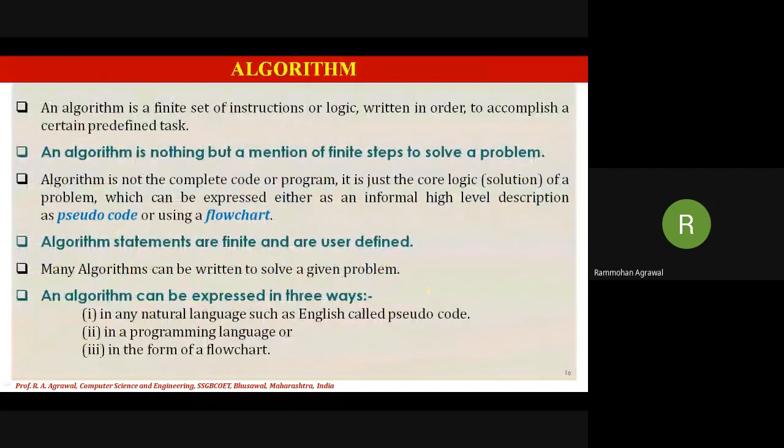Next thing is the algorithm. What is an algorithm? Every problem we have has some solution. In order to solve any problem, we definitely have to write some steps as part of the solution. Now an algorithm is nothing but a finite sequence of steps that a user takes in order to solve that problem.